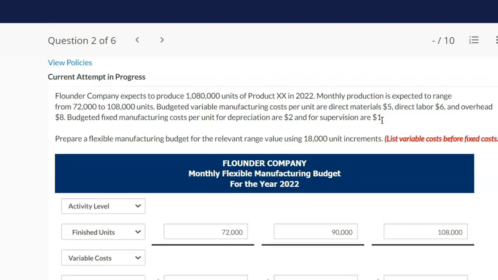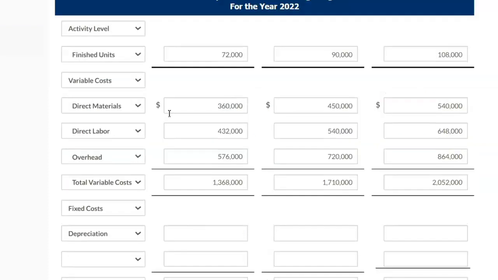It's annual, okay? So your annual production is 1,080,000 times 2 divided by 12, because we're talking monthly. Tricky one. So multiply by 2, divide by 12. So that's 180,000. Put that in 3 places going across because it doesn't change. I do the same for the next one.